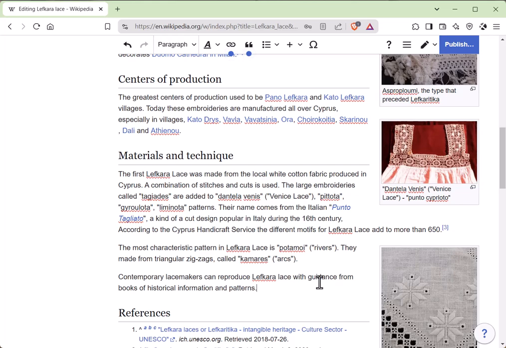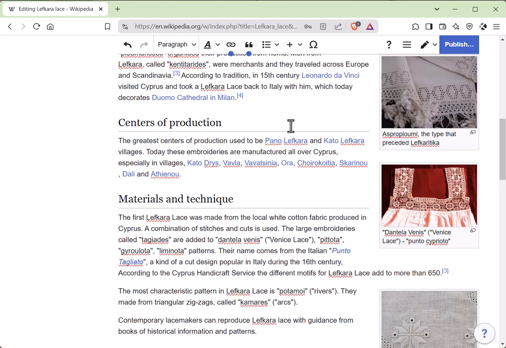And so what I expect is that a contemporary lacemaker would want to know how to make these kinds of patterns, find a good reference for that kind of thing, and that's what I'm adding right here. So the way I would do this is I would put a sentence in somewhere suitable. Might be the introduction, might be the history section, depends on the kind of information you're going to add to a page. But here I'm putting it in materials and technique because people would presumably look for the technique for this. So what I will do here, though, is in addition to this sentence, I will want to insert a